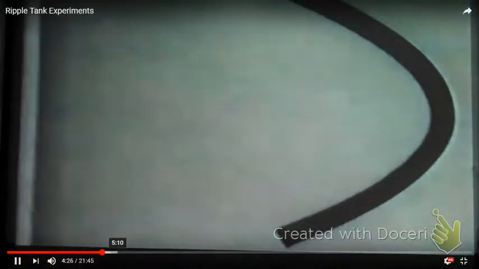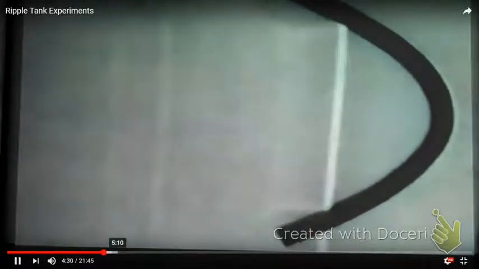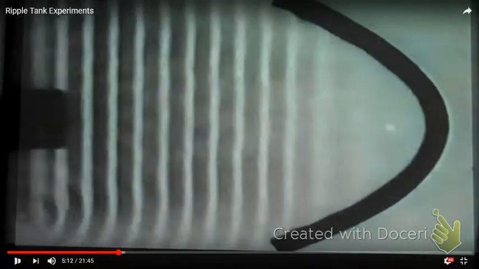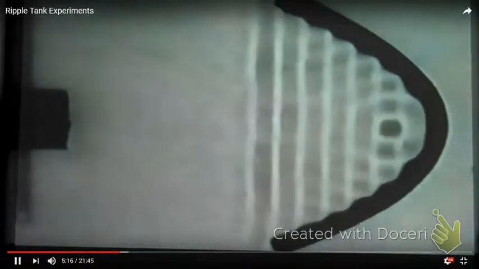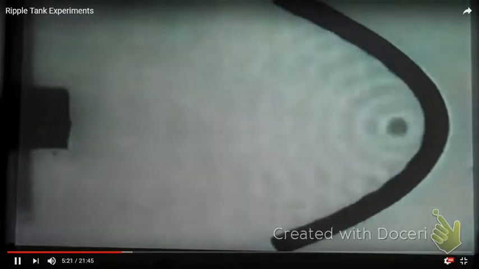I think the wave's going to come in now. Yeah, the wave comes in, and it goes to the focal point. Boom, and it hits at the focal point. Here's some family of waves coming in, and you can see it's building up there. Can't you see it? That energy is building up right there, because that's where the focal point is.